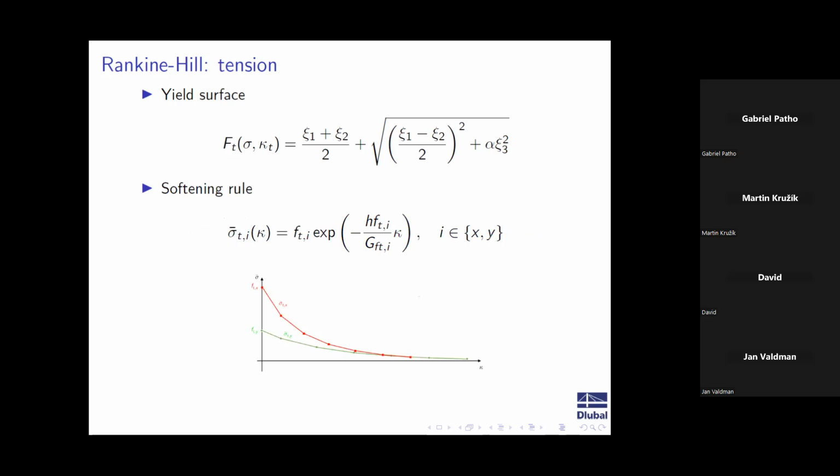And we augment this with the softening rule because in tension we need fracture. This is quasi-brittle fracture according to Bažant, the crack bandwidth theory, the exponential softening related to my